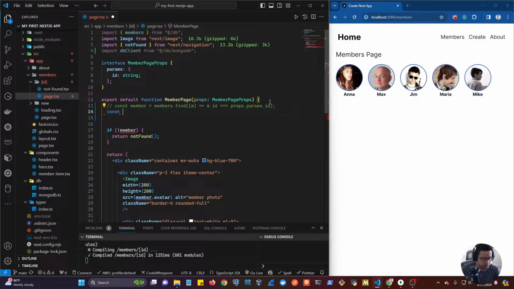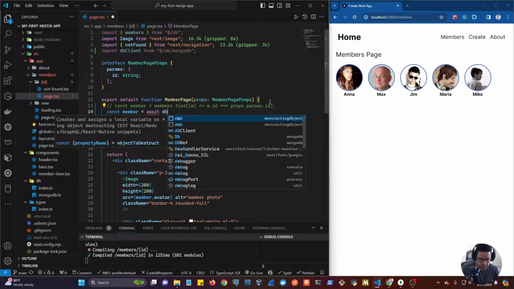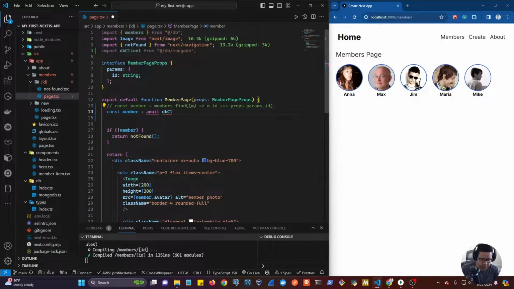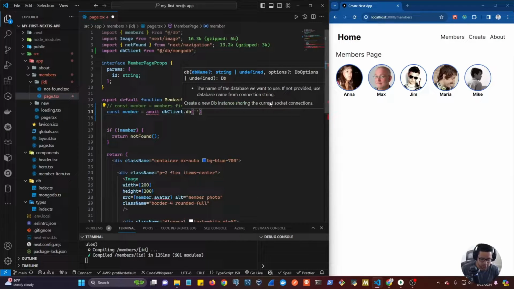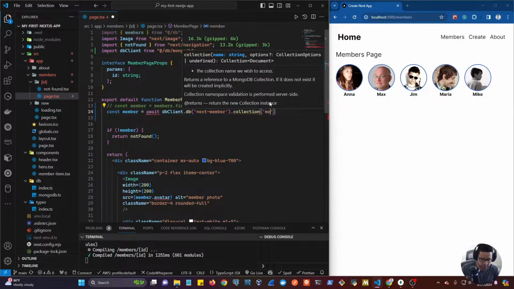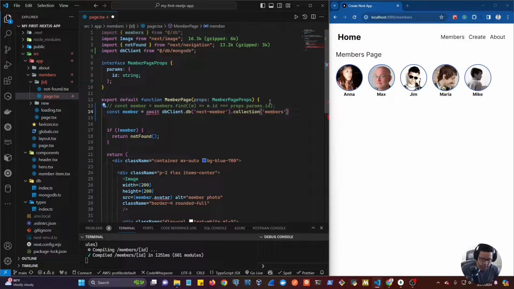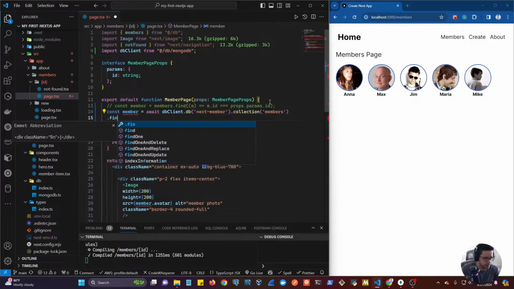So we're going to say const member equals await dbClient.db, next-member-database, and then the collection of members, and then we're going to do a .findOne,